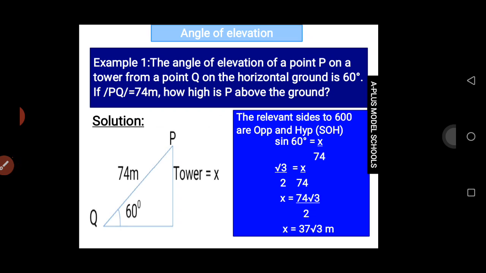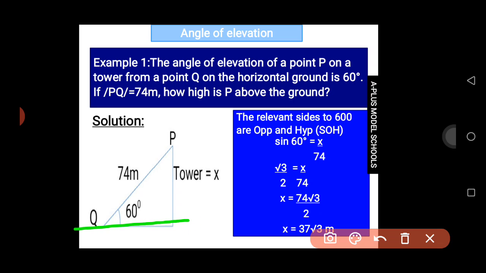Example 1. The angle of elevation of a point P on a tower from a point Q on the horizontal ground is 60 degrees. You can see this is the horizontal ground, and you see the angle it forms, which is 60 degrees. Now, if line PQ, this side, is 74 meters, how high? So it means we are looking for the height of the tower. So for us to look for the height of the tower, when you look at it very well,